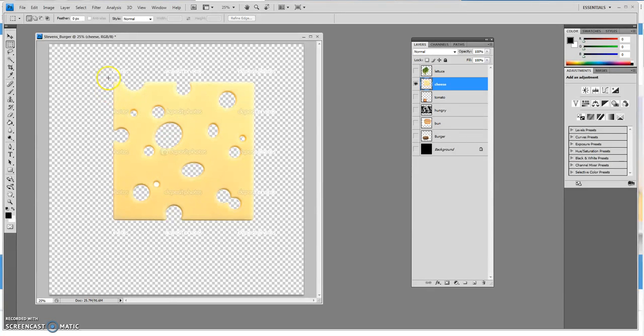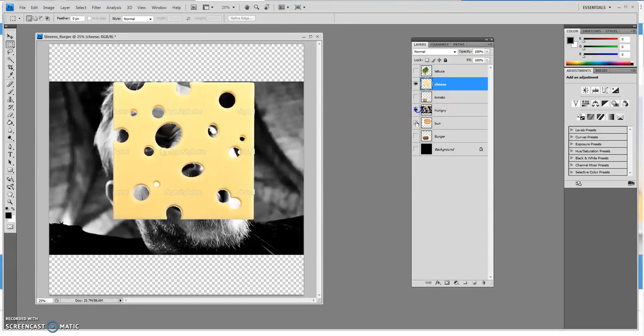Alright, well, for whatever reason that wasn't erasing, but I can also use my marquee tool just like we did for the pizza. Choose the stuff I want to get rid of and press delete. That's another way around that. There's always a way around things. Boop. Alright, so now I got my cheese. It looks alright. And I'm going to move on. And for the time being,